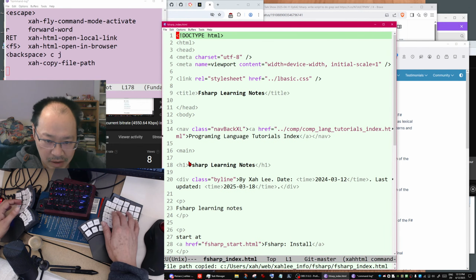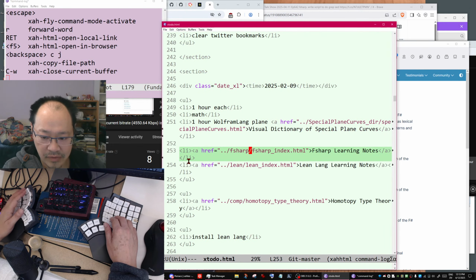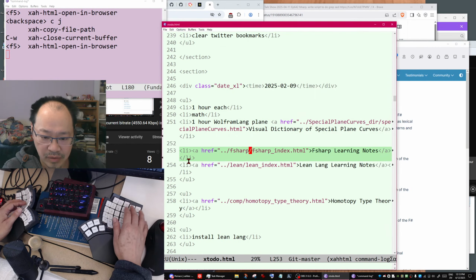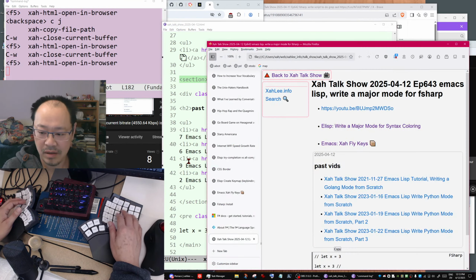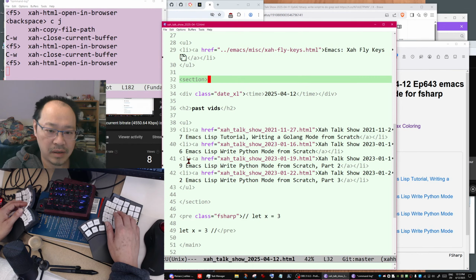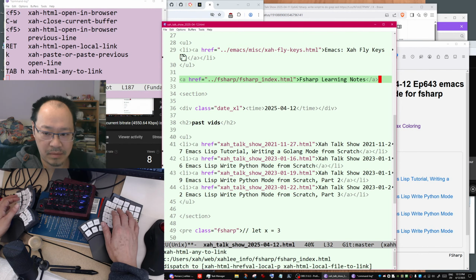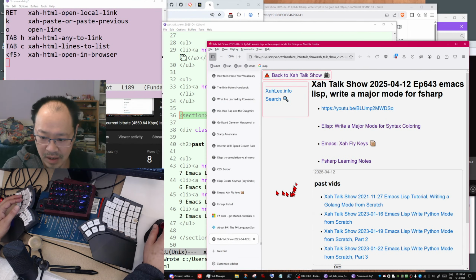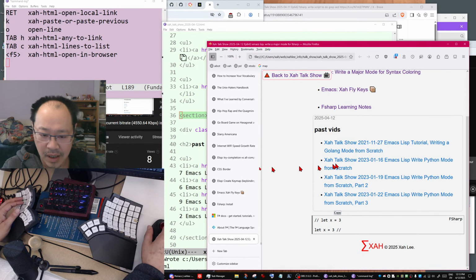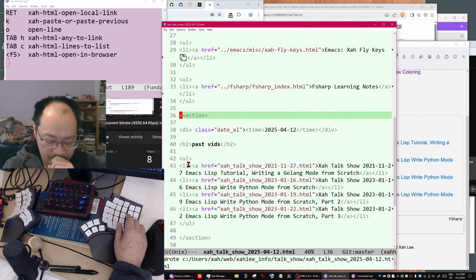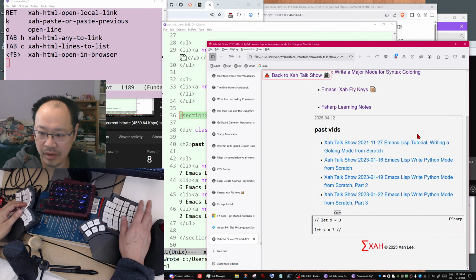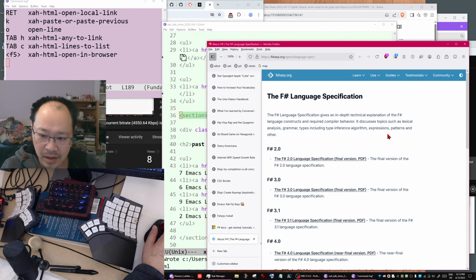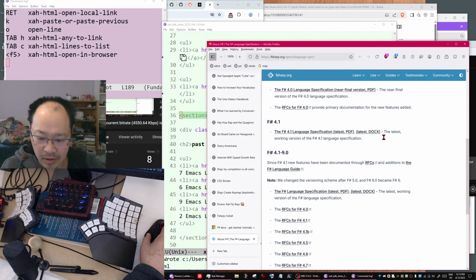Okay, hold on a second. So, F# learning notes. Okay, to do, close. This is Xar Talk Show. Now, put my learning notes there. There's a link. And learning notes. F# spec. That's what we want to find. So there it is, F# specification, version 4.1 in PDF in